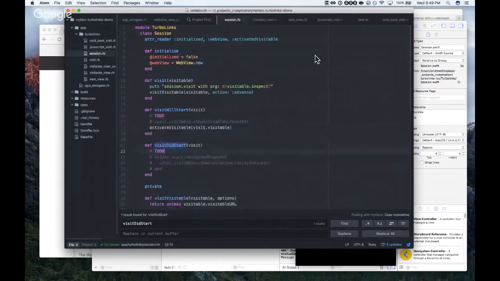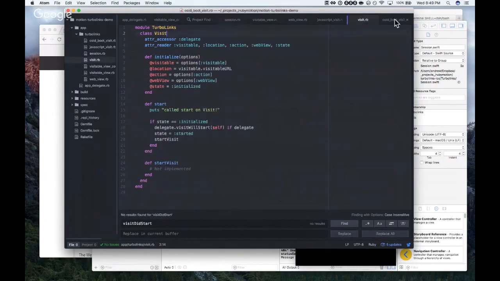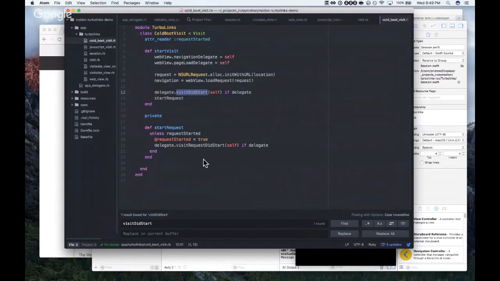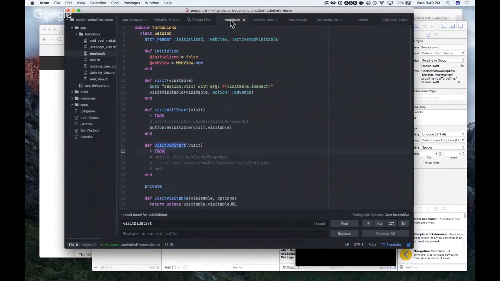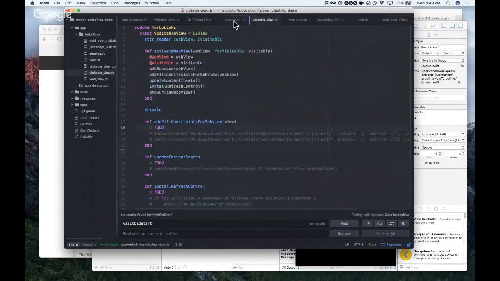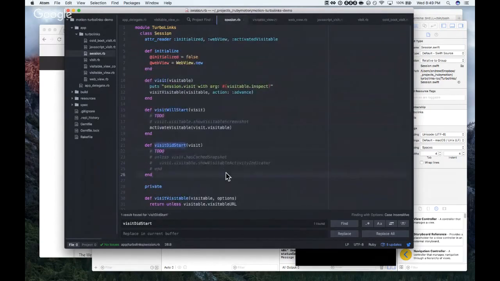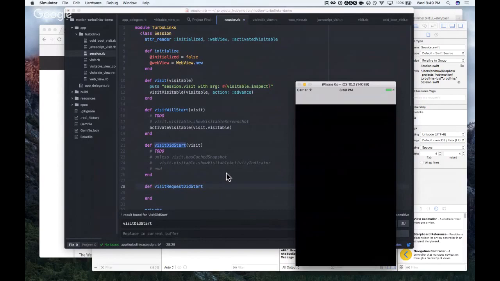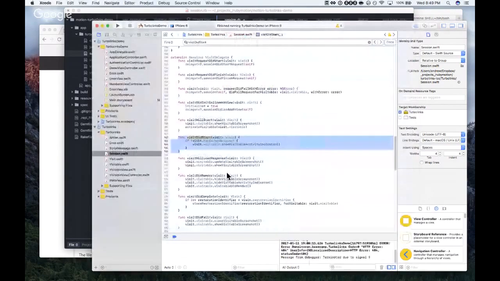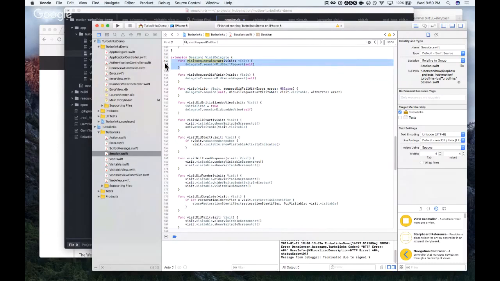And what was the other thing? Visit request did start. That's right. The visit did start looks like it's just putting an indicator on the screen. I'm wondering if the visit request did start is actually doing something, or just redirecting to call something else once again.